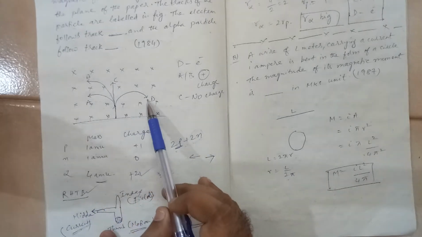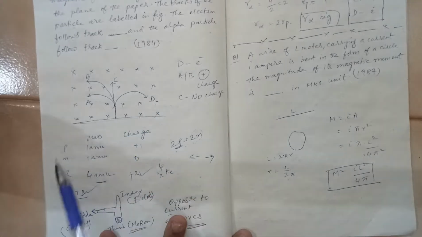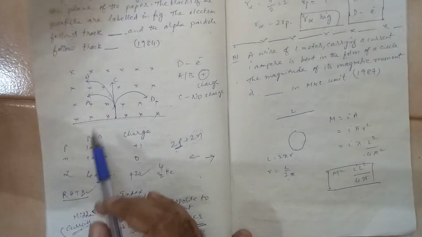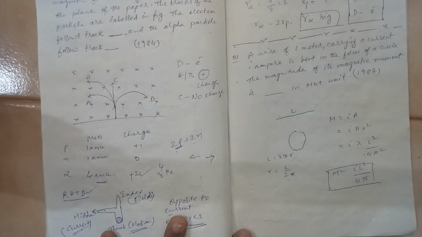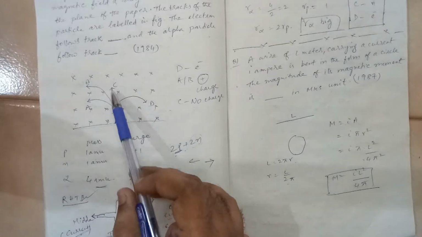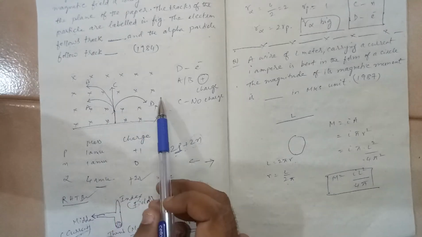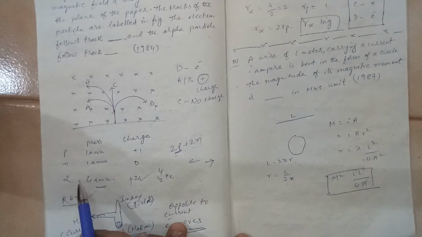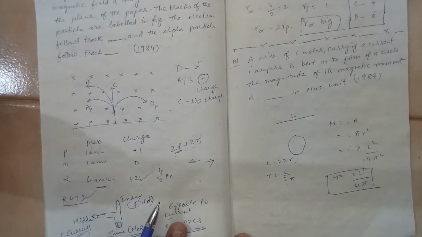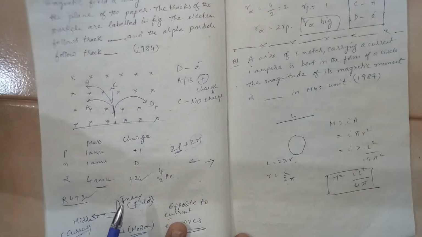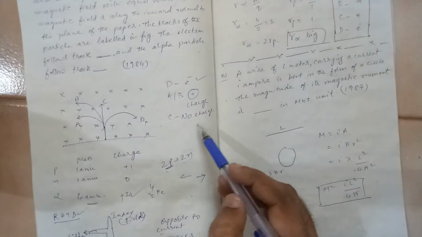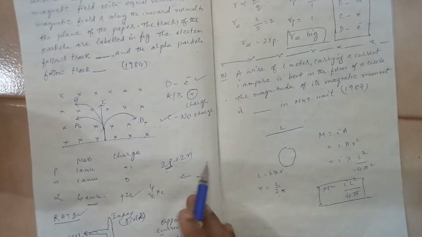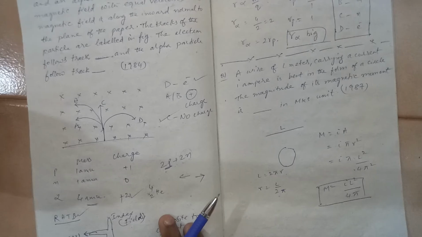So this path which is shown, D, belongs to the electron, and all the positive particles will be moving towards the left. If you see in the center there is a particle moving, it is neither moving towards the left nor the right. That means it is going undeviated. It is happening because it has got no charge. Possibly it is the neutron. So D is electron and C is having no charge. That path belongs to neutron.